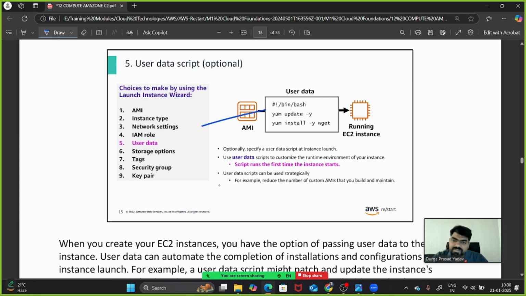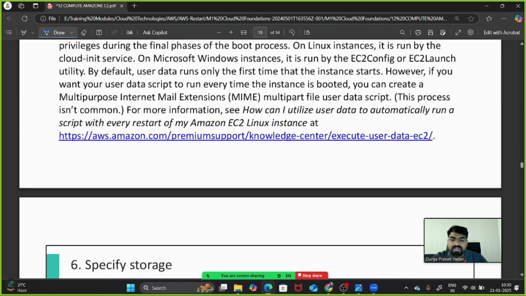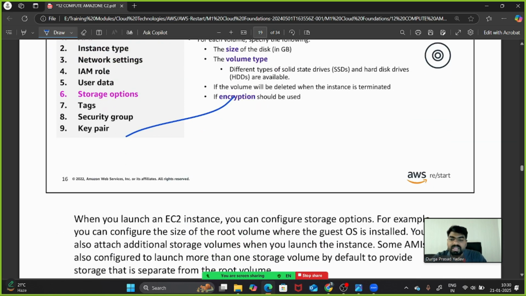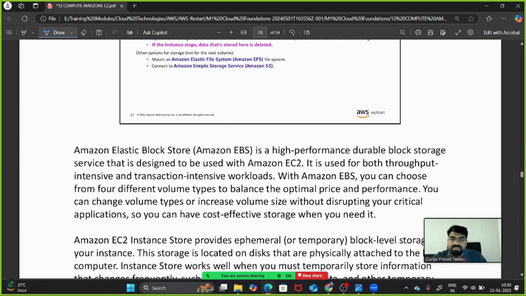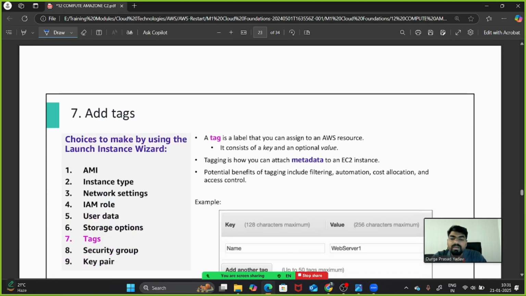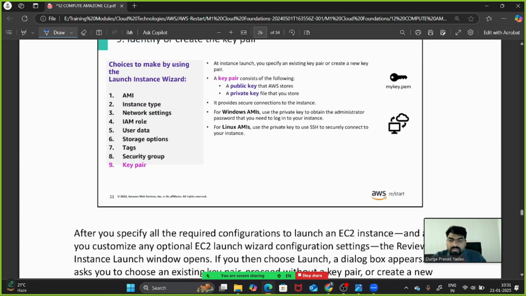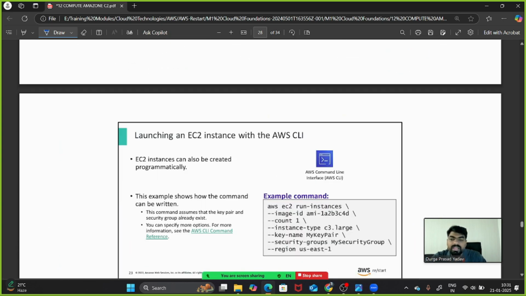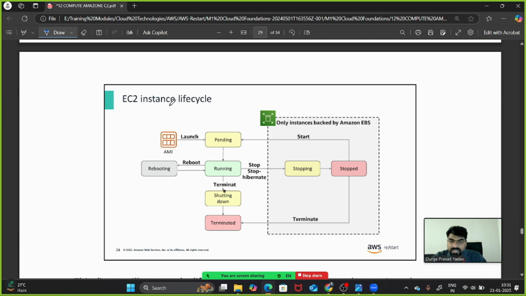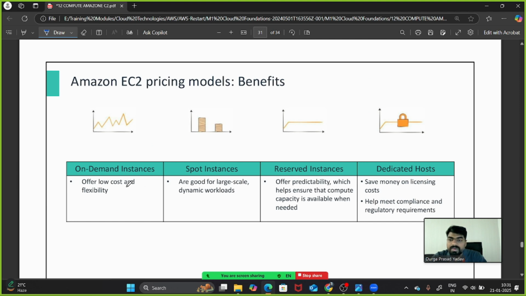This is the role that you will be learning in future. User data script is the advanced part that you will also be learning. We will be learning it in the Linux part. And storage options, everything you have seen, like root volume and EBS storage, you have seen in detail. And then here we have seen the tags, how to keep the tags, and at the end of it we came to know the key pair also. And lastly we have seen this EC2 instance life cycle, and how to stop,